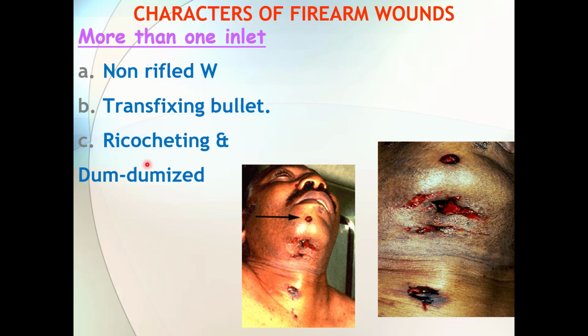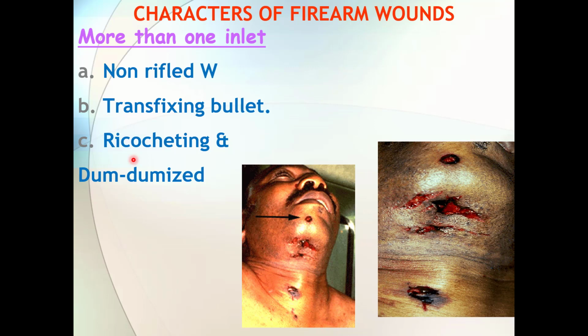But in ricocheting, what is the meaning of ricocheting? Ricocheting means that the bullet hits another surface, maybe internal or external. But here we found the bullet hits floor or any persons, and it changes the direction. So if this bullet changes direction and becomes ricocheting and hits another surface, and this bullet is dum-dumized and has a defect in the jacket, it